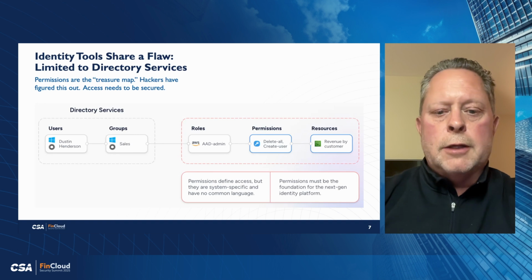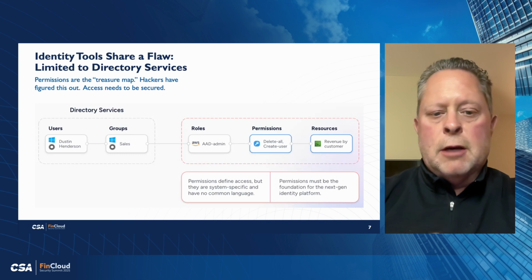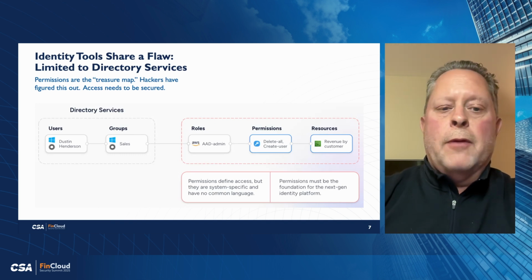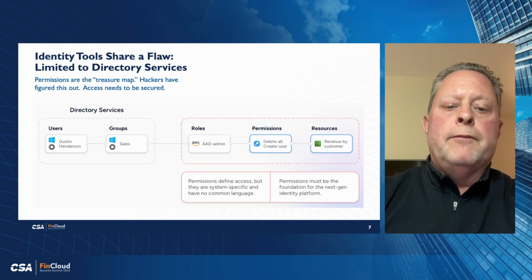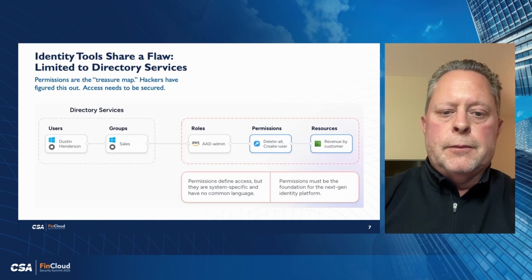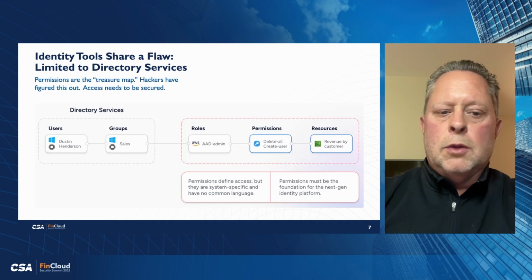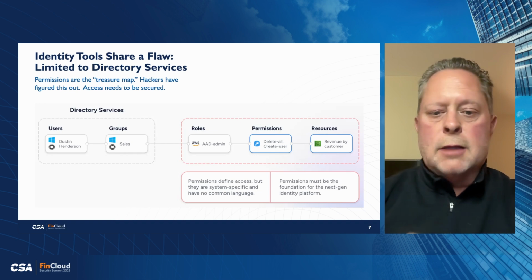But on the right side of this slide, you see this concept of roles, permissions, and resources. My hypothesis of why we struggle in this space is that the true picture of security is the aggregation of roles, permissions, and resources that our organization's users have access to. Permissions define access. Permissions define security. Users and groups, like I said, are great for organization. They do nothing for security. Security is derived by the aggregate permissions that you have across all of the resources that you have access to, across the various platforms.